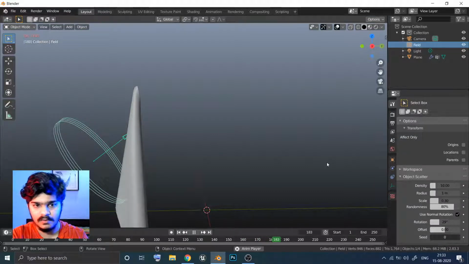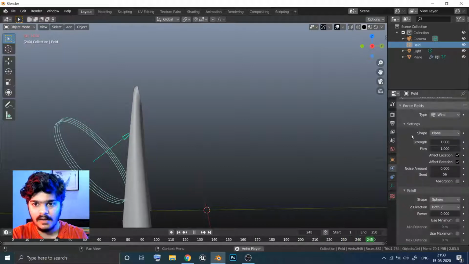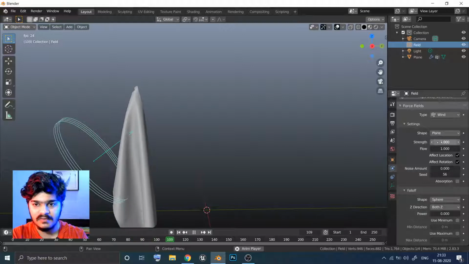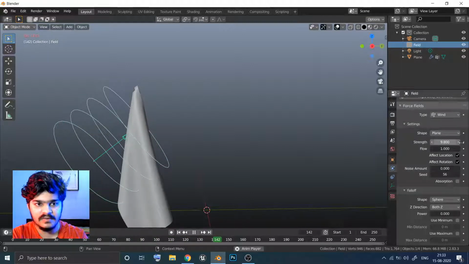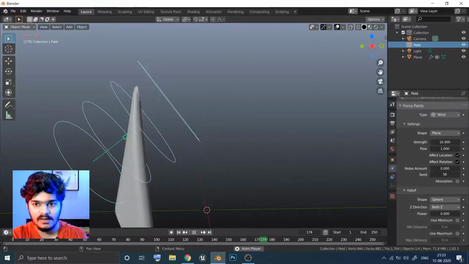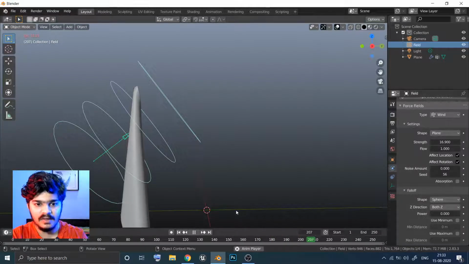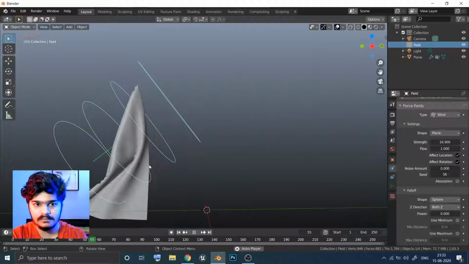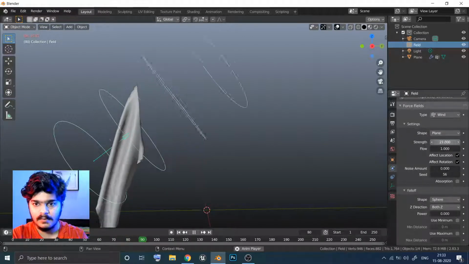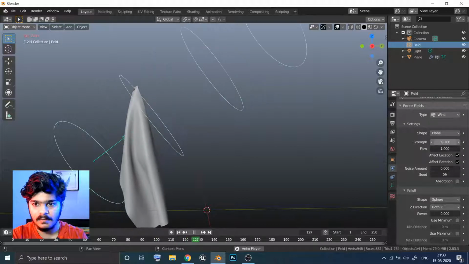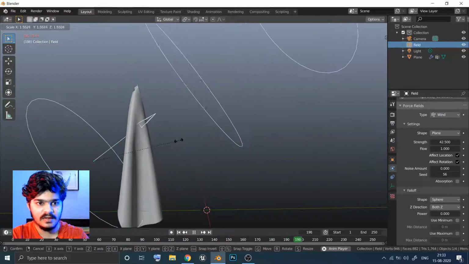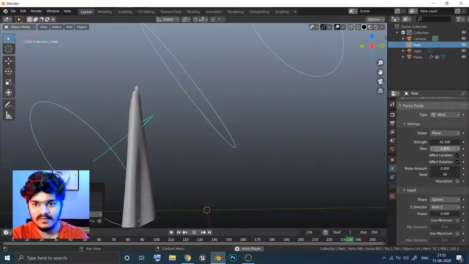Of course we can go to the options here. No, not that options, but inside of the physics panel we can have the strength increased. Okay, you can just increase the strength, and now slowly you'll be able to see how it is going to affect the object. Okay, maybe this is not working, maybe not that either. Let's just try to increase the size. It should work basically, I don't know why.